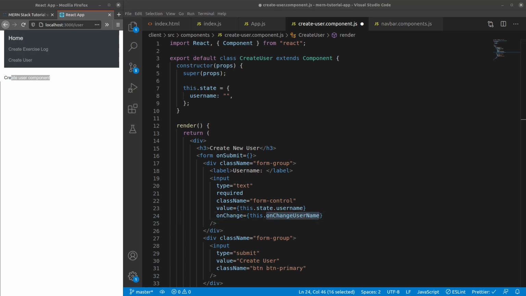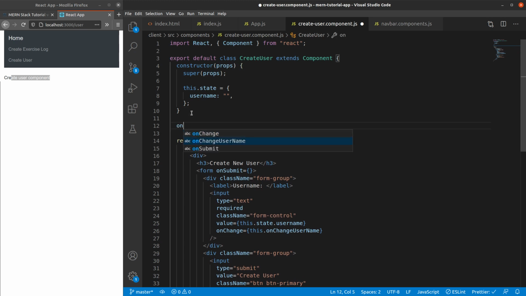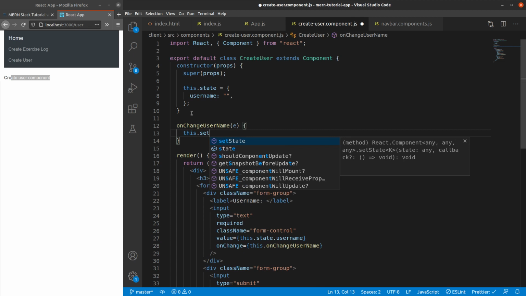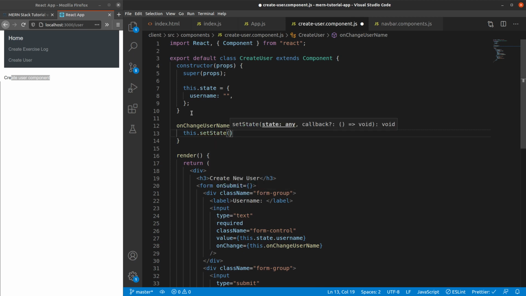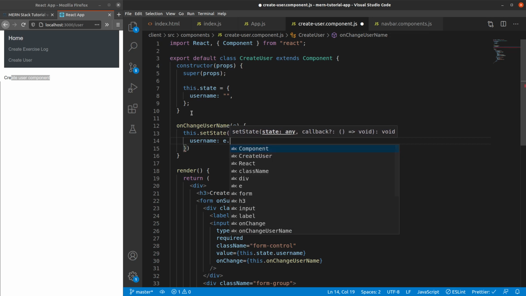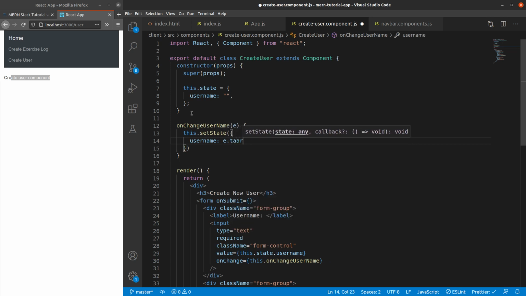Let's go ahead and define this method. onChangeUsername basically takes an event, and its responsibility is just updating the state, and inside state you just update the username with whatever the user has entered.